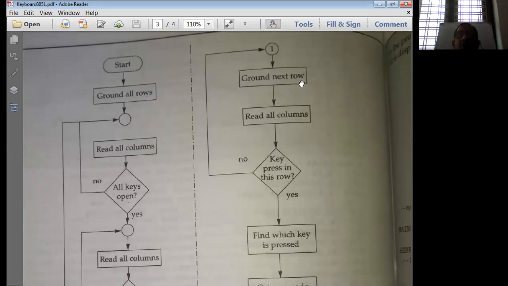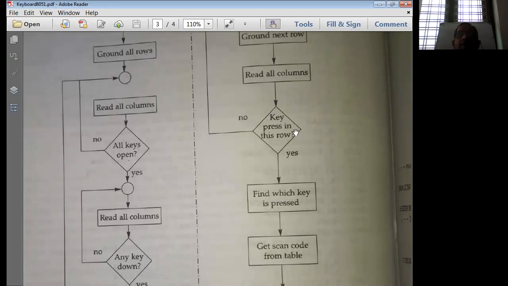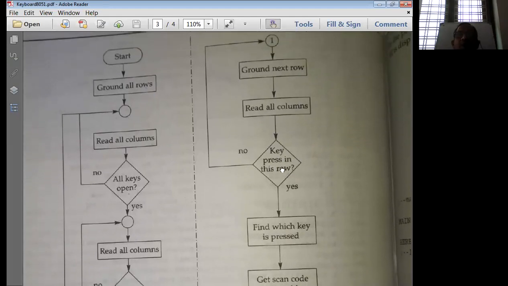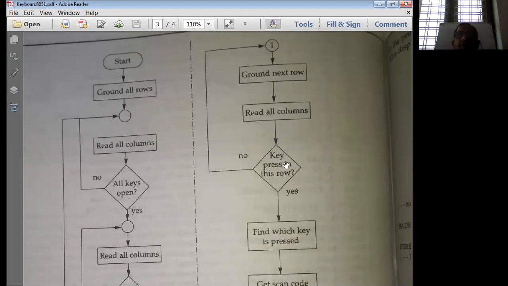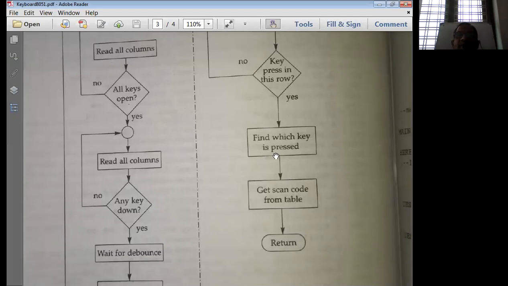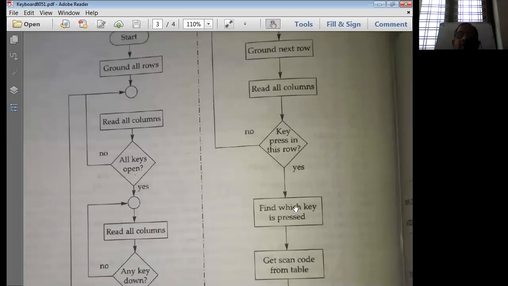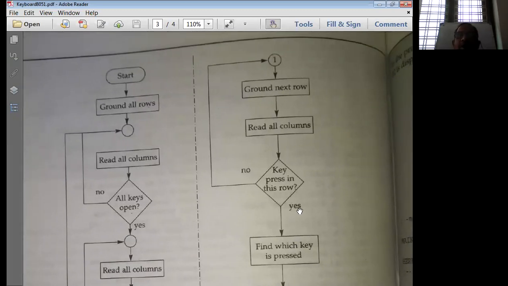Then ground the next row, that means first row it grounds, reads all columns. Key press in this row is ensured. If it is S, control comes down, find which key is pressed, get the scan code from the table, get the value, and return back from that entire loop.